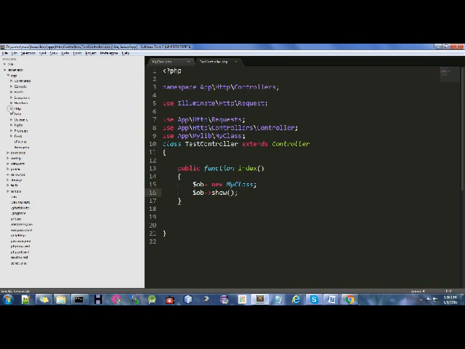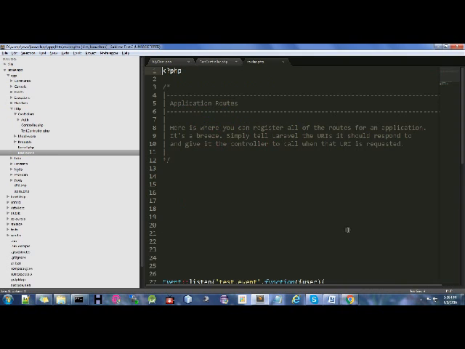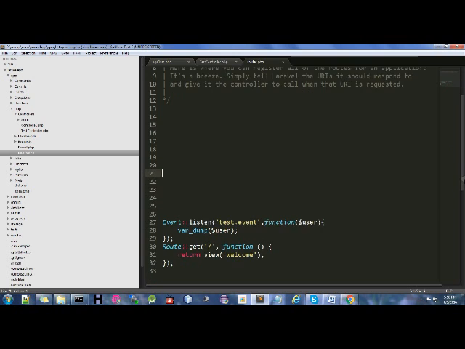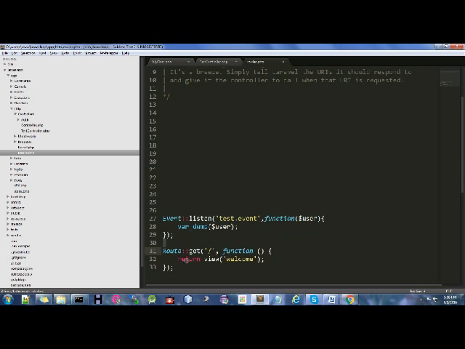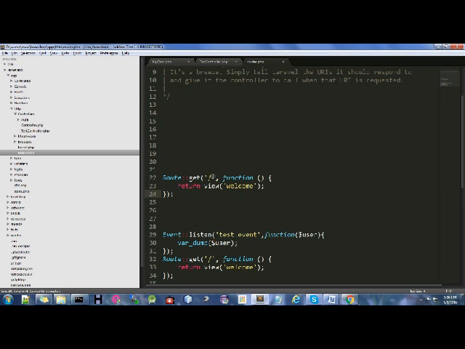We have to use that controller, so let me specify the route for that. Here I will use test.